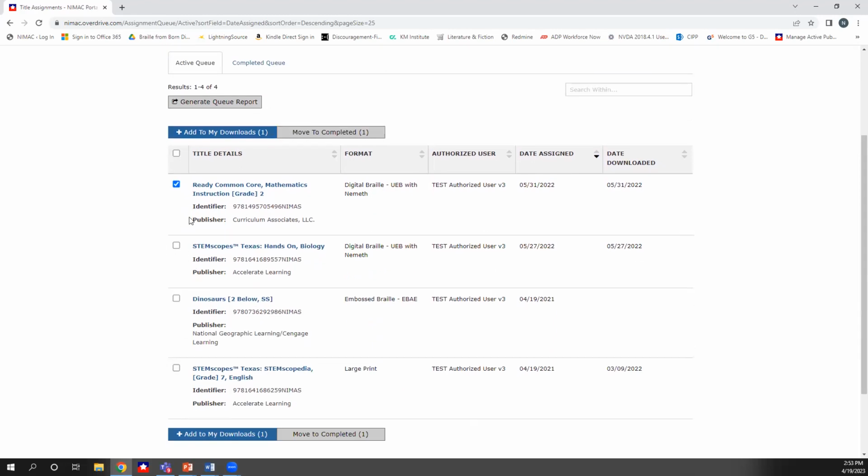As you may have noticed here, you can actually choose everything on your list, or choose everything and then unclick a couple of them. I think folks are probably fairly used to the way this works just from working with email systems, but it's a pretty standard way of having that work. You can do downloads for more than one item at a time, and you can also move more than one thing to the completed queue at a time.